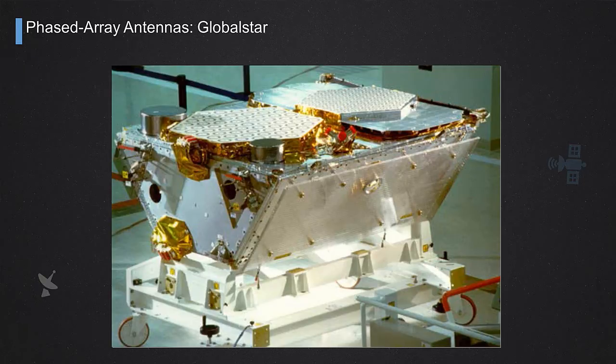The two antennas of the Globalstar satellites, first generation, were satellites made at the end of the 90s to create a constellation of satellites around the orbit. They are still operating. There is now a second generation that has been launched, and the constellation keeps working, operating at S and L band. What is shown here are the two array antennas, one operating at L band and the other at S band. It's a good example: you see the aperture made of a number of microstrip radiators that are all fed properly to create the beams and to generate a certain coverage over the Earth.